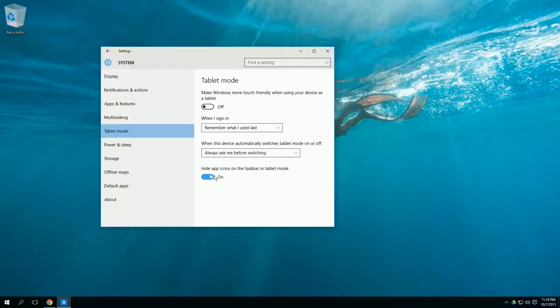Here on the bottom, hide the app icons on the taskbar in tablet mode. By default, this is going to be on, and this is what I was talking about when I mentioned that these app icons on the taskbar will be hidden when you switch to tablet mode. If you would like them to be visible, then you need to turn this off. Now, once you have these options configured the way that you like, you can go ahead and turn this on,